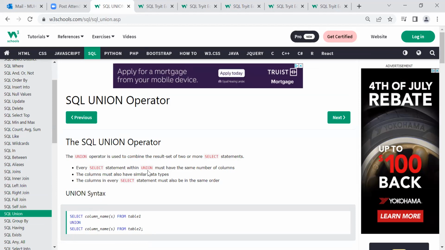The select statements within the union must have the same number of columns. We discussed that if it is 3 columns, then this should have 3 columns as well. The columns must have the same data type. Means, like, if we're using